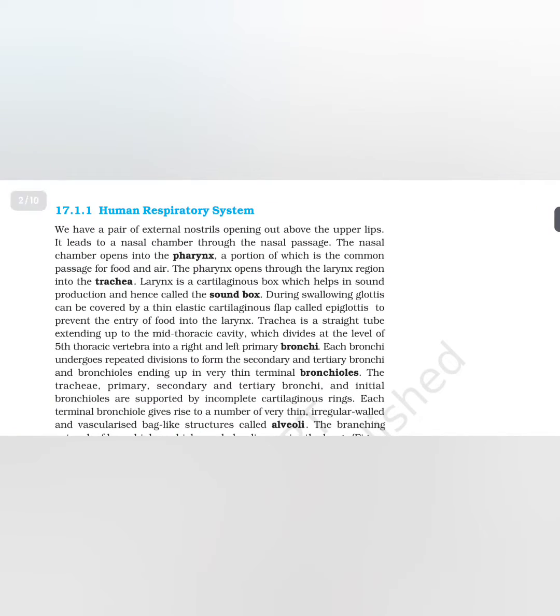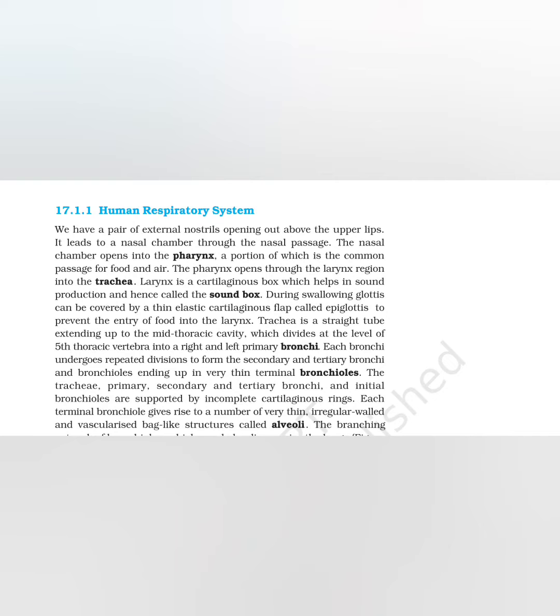Human respiratory system. We have a pair of external nostrils opening out above the upper lips. It leads to a nasal chamber through the nasal passage. The nasal chamber opens into the pharynx, a portion of which is the common passage for food and air. The pharynx opens through the larynx region into the trachea. Larynx is the cartilaginous box which helps in sound production and hence is called the sound box. During swallowing, glottis can be covered by a thin elastic cartilaginous flap called epiglottis to prevent the entry of food